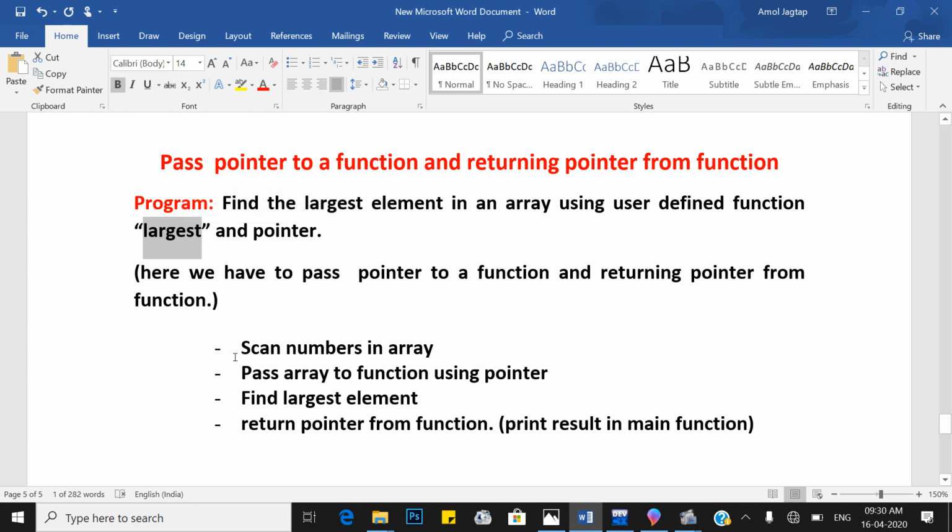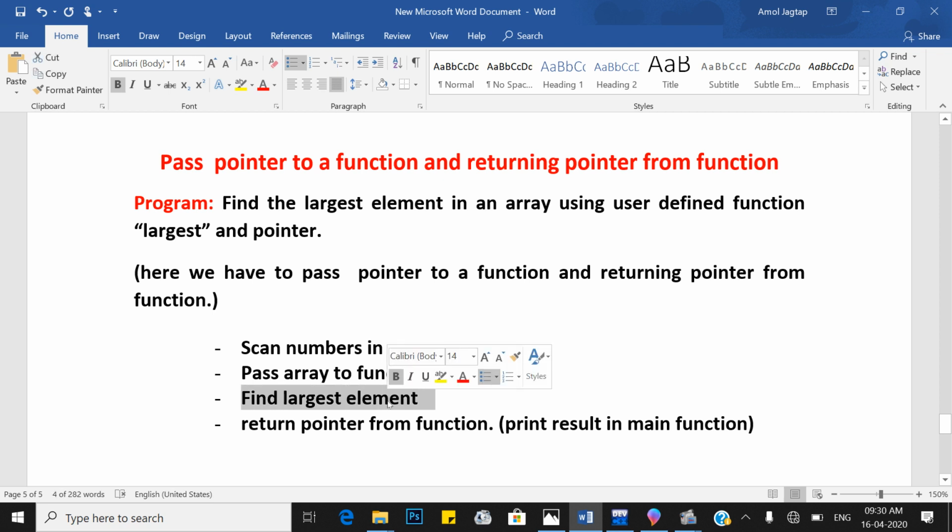So what we have to do in main function? In main function we have to scan the numbers in the array using scanf function, then pass the entire array to a function using pointer. Next, in the largest function we have to find the largest element.